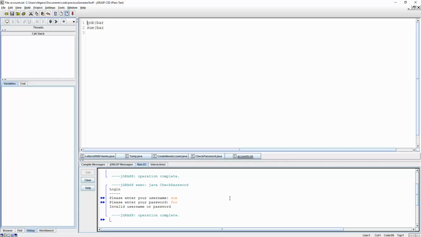So we've made a really simple application here where we now have 2 applications really. One where somebody can create an account, and that information, their username and password, gets stored in a file, and then we have another application where we can allow somebody to log in and check by looking in that file whether or not their